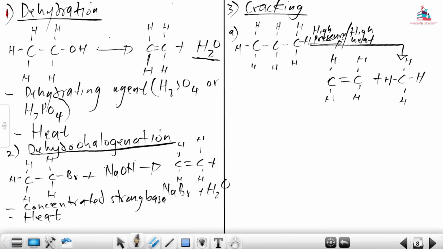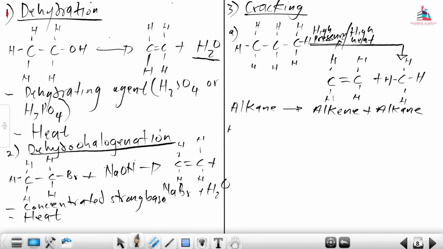Product number 1 is we can have an alkane that will now give us an alkene plus another alkane. That is situation number 1 according to this particular example. So I'm going to give you another example of the very same